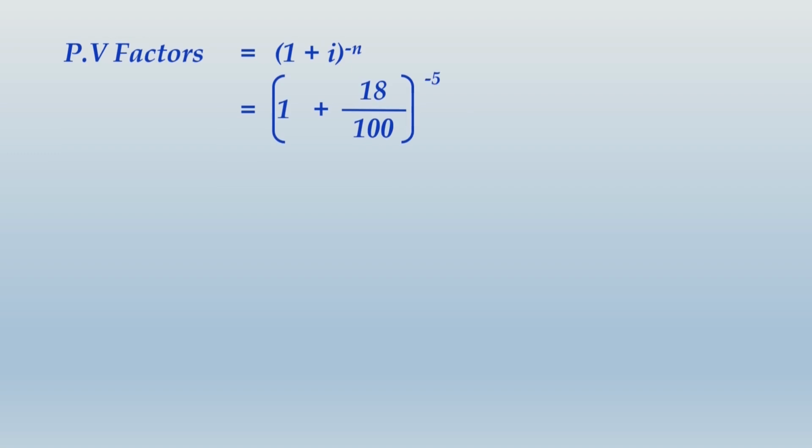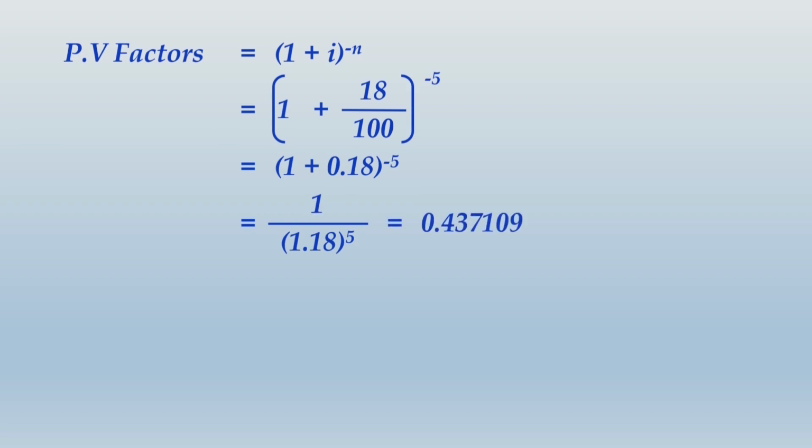So it will be 1 plus 18 by 100 raised to minus 5, or 1 plus 0.18 raised to minus 5, or 1 upon 1.18 raised to 5. When you apply the calculation on your calculator, do you know how you have to do that? 1 divided by 1.18 on your calculator and press equal to 5 times, you get the factor as